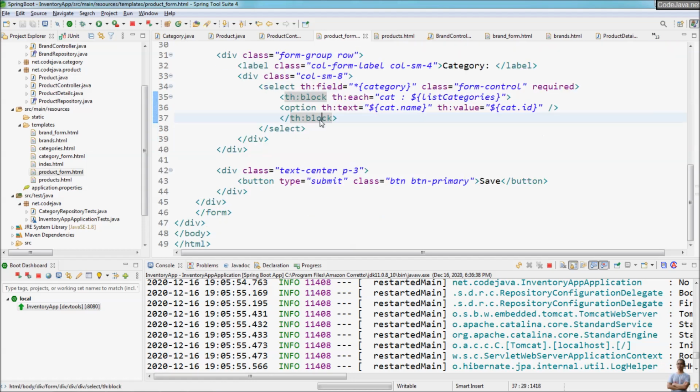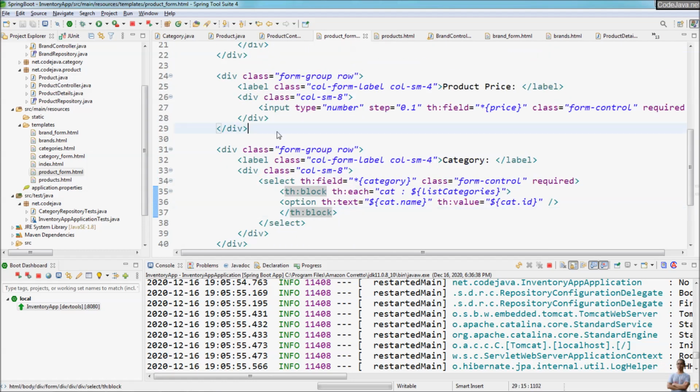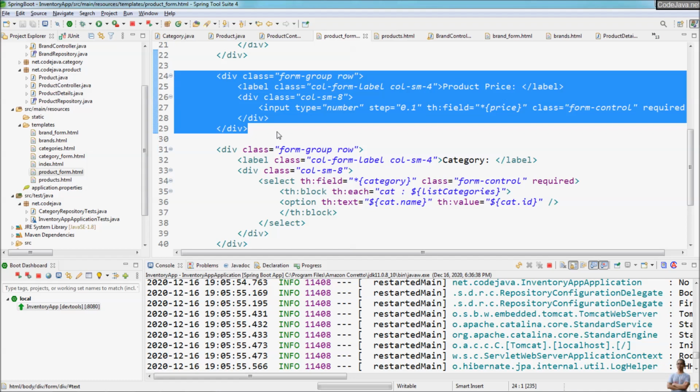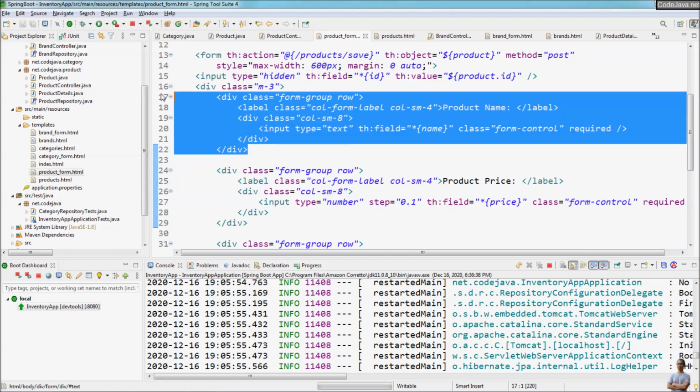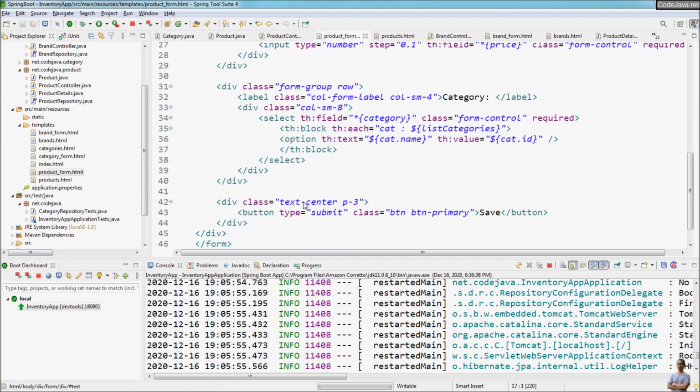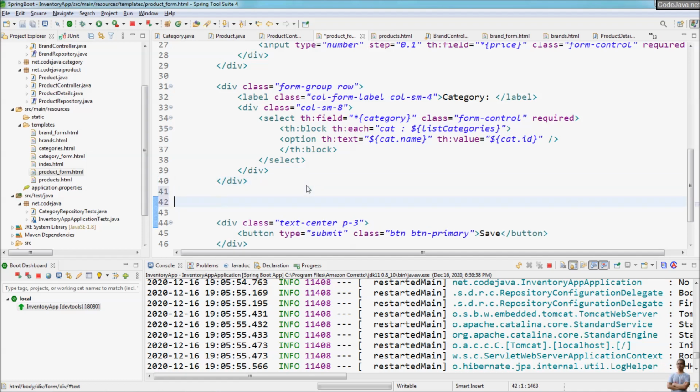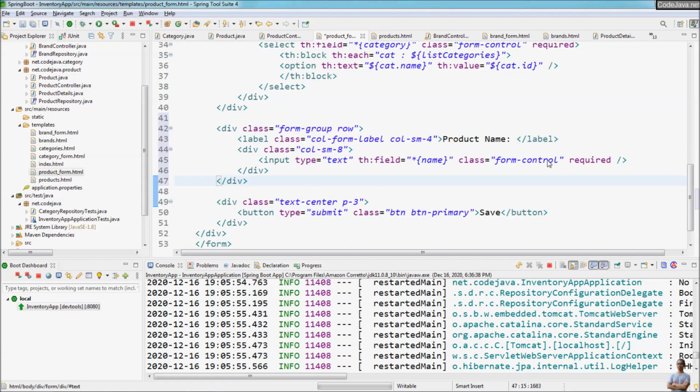So here we can copy and paste this product name field here, and this label is details number 1,